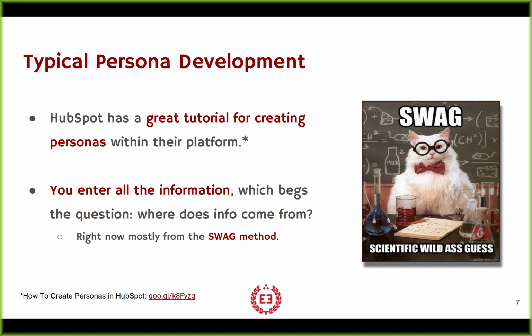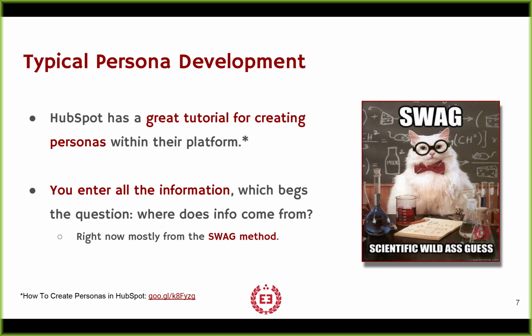Well, an example of how you could go do this right now, maybe you use HubSpot. Even if you don't, this tutorial is great as far as laying out a clear process and the kind of information you'd want to fill out for a persona. And what you will experience when you go there is it's pretty much templatized. You just have to fill it all out. So you have to know who they are. You have to know their title. You have to assign them a picture. You have to talk about their revenue or their vertical or their industry or their interests or their marriage status. This is where all the data from your customer profiles that we've talked about previously comes in. You have to fill it out.